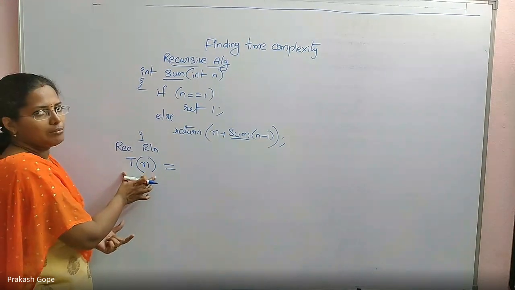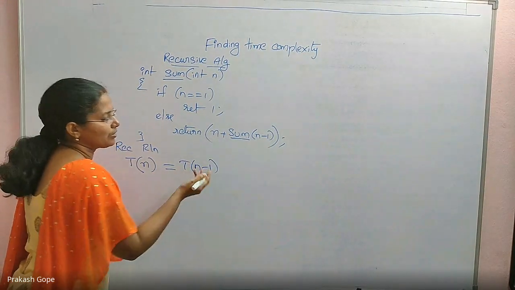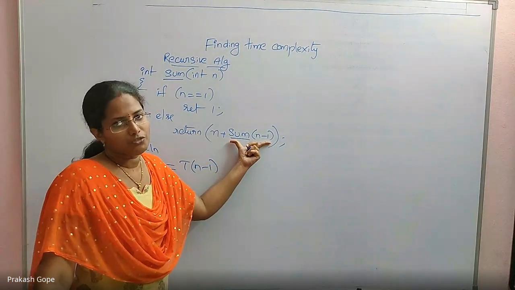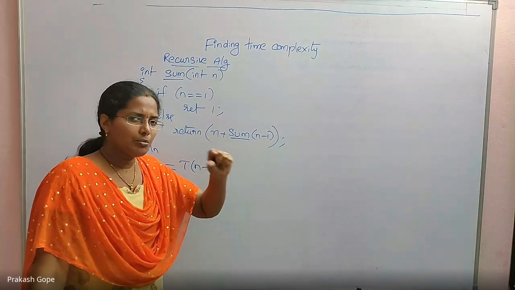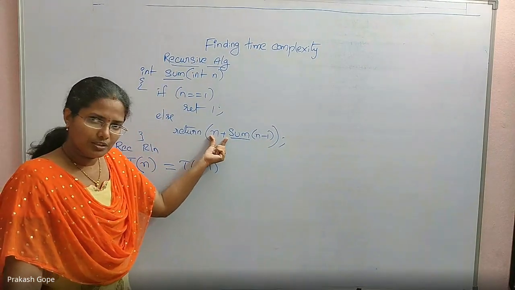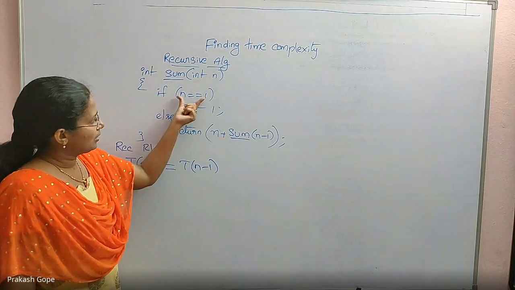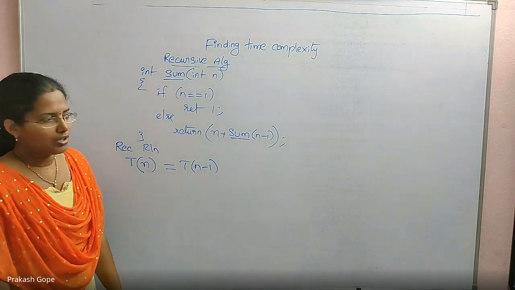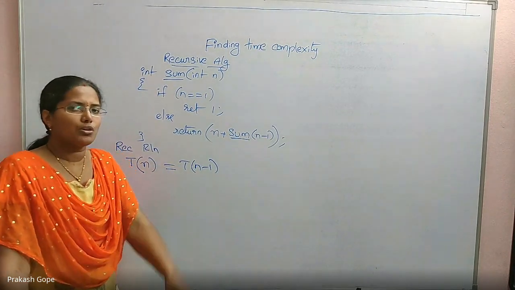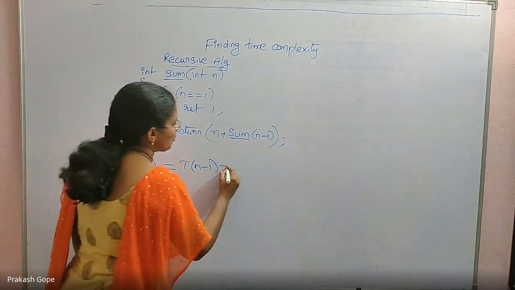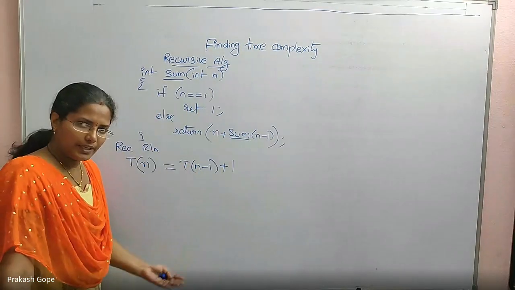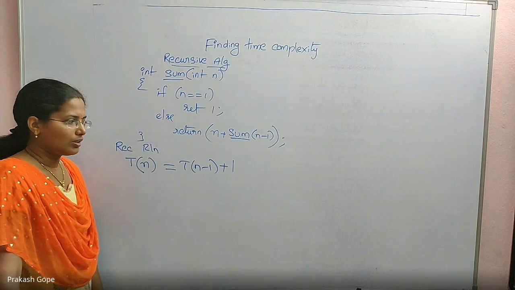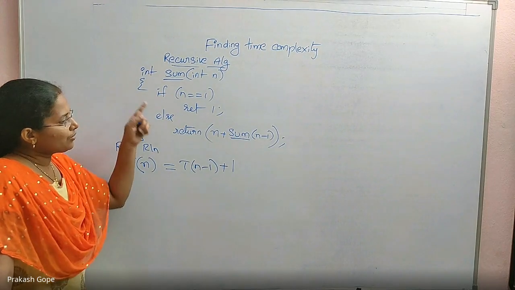See, if this is the time taken by n, this is the time taken by n minus 1 by the same function. So your answer is the time taken by the same function when n minus 1 is passed plus a fixed amount of instructions, because there is an arithmetic operation, a return statement, a comparison. A fixed number of instructions are also getting executed, which needs some fixed amount of time, no doubt. Some fixed amount of time can be written as plus 1, plus k, plus c, doesn't matter. It's a recurrence relation. So this is how we write the recurrence relation.